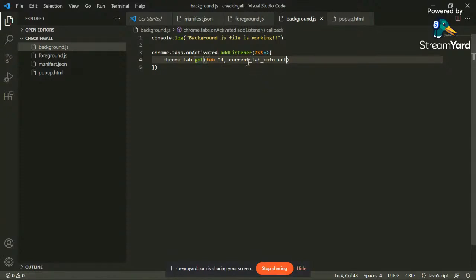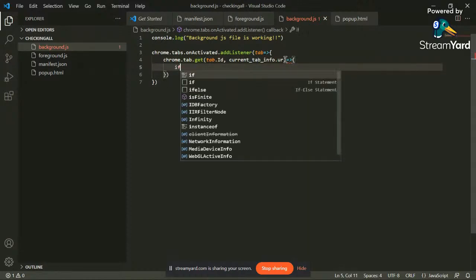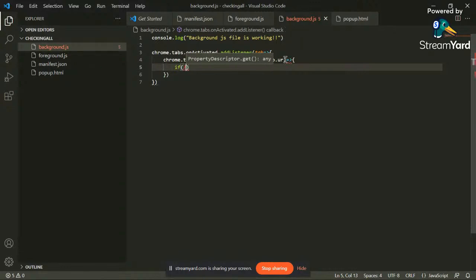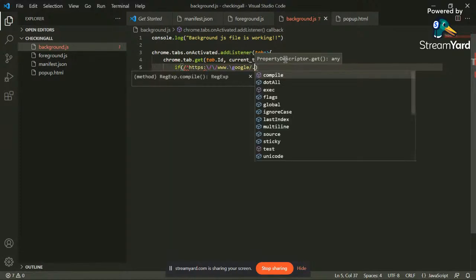Current tab info, it should actually execute a function which runs if the visited tab is something like https, then www dot google dot